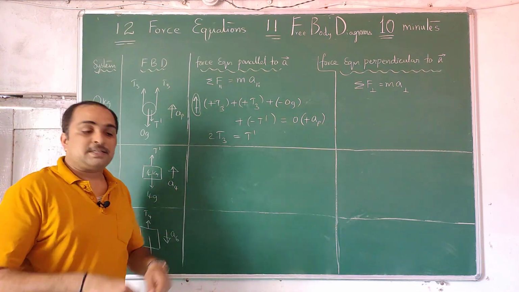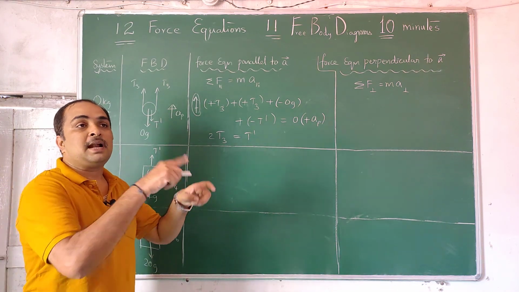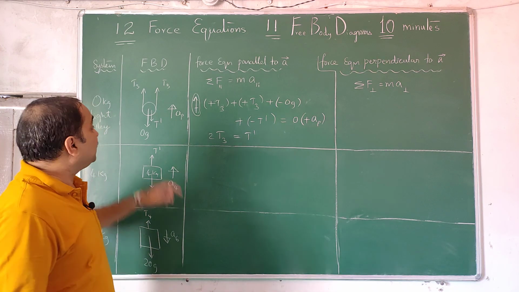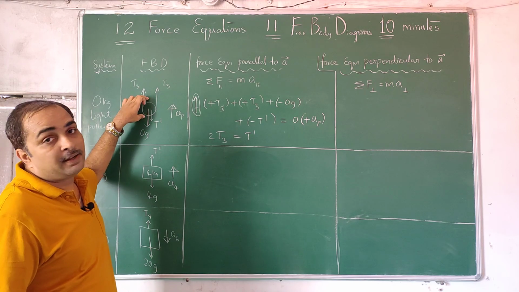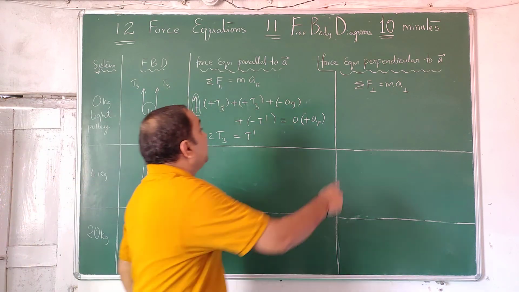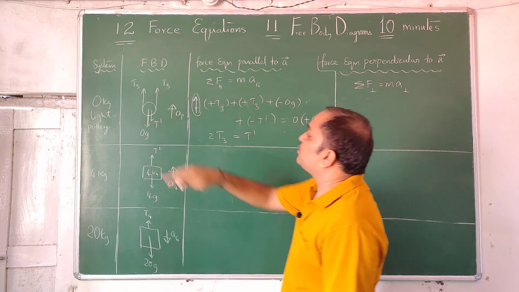This formula, many times teachers tell that 2 upward forces, 1 downward force is there. Add this and equate to that. That is true only when this pulley doesn't have mass, or they clearly mention it is light or massless. But not in every case. So be very careful. Here there are no perpendicular forces. There is no perpendicular acceleration.